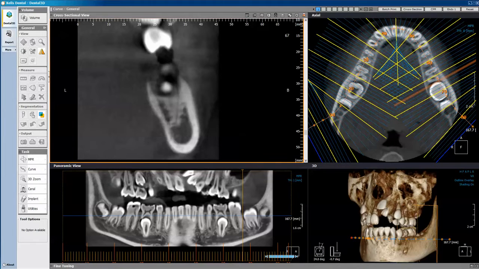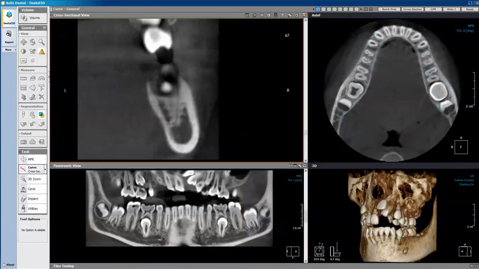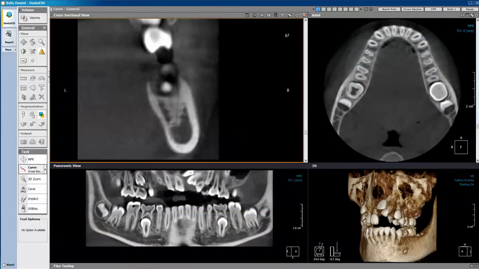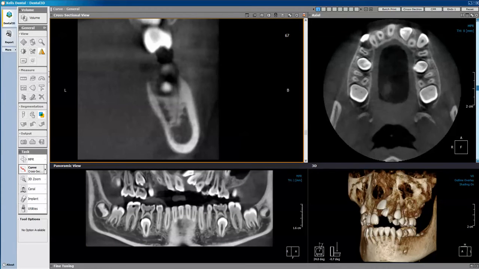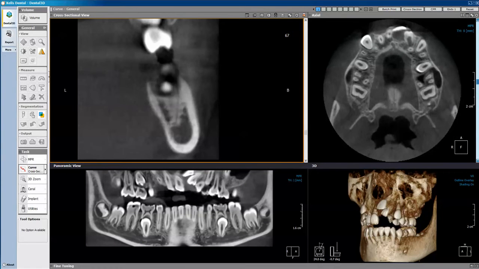So now I'm going to create another curve. Let's assume that my area of interest was in the maxilla, and I wanted the arch to be along the path of the maxilla. I'm going to do this manually this time. I'm going to select the curved icon, select cross section. I'm going to look in the upper right pane, and I'm going to adjust the axial slice to represent the